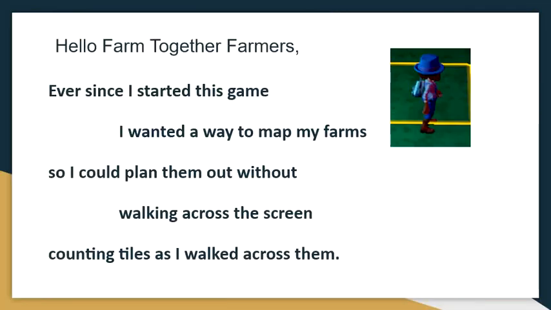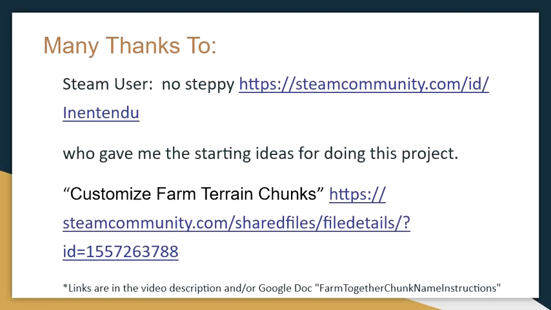Ever since I started to play this game, I wanted a way to plan my farm instead of walking across the screen, counting tiles, putting placeholders down, and using graph paper. All of that didn't work for me. So I was going through the forums and looking at different things, and I came across this guide